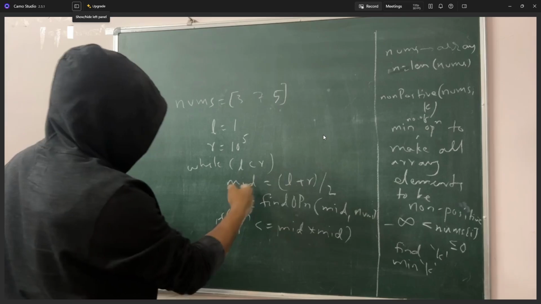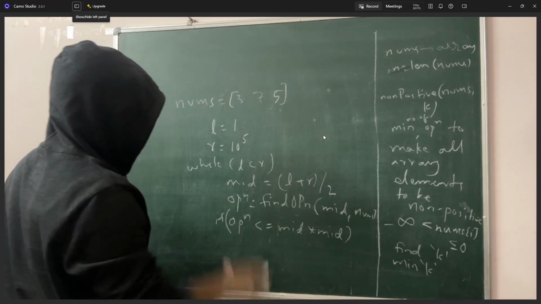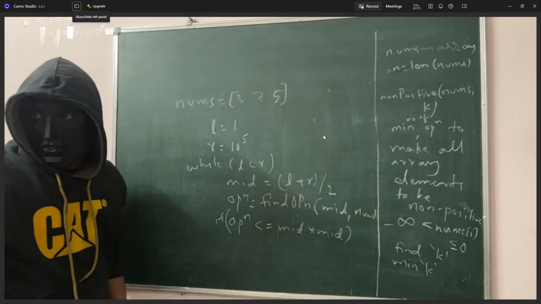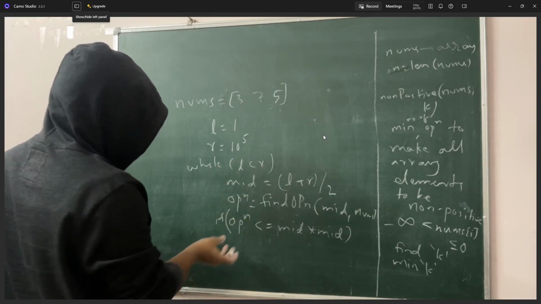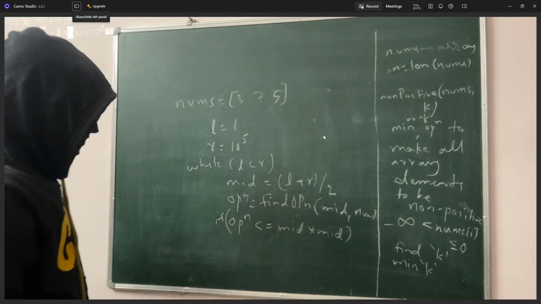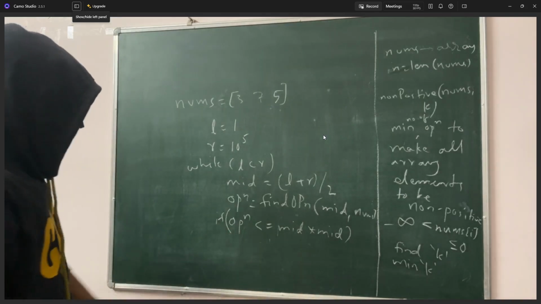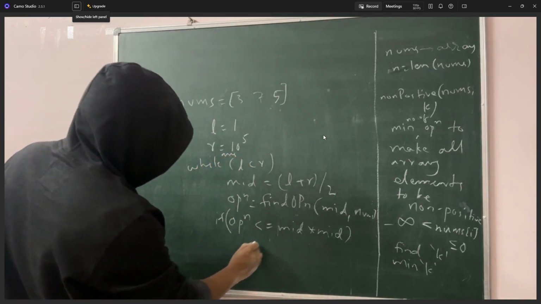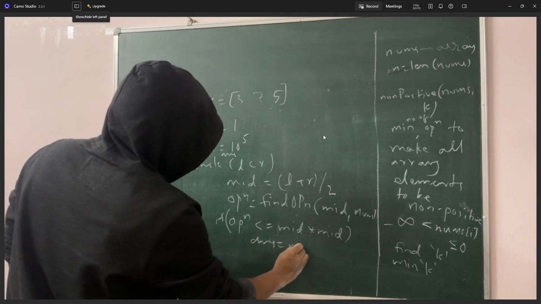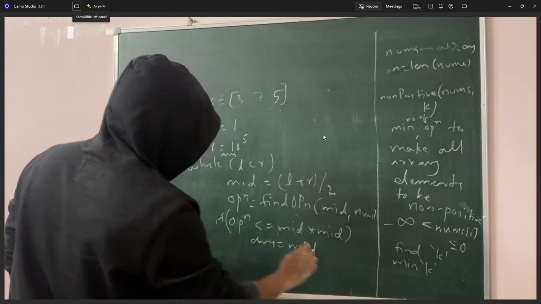Instead of mid you can call this k as well. I'm just going with the flow like how we do in binary search. So if this is the condition, which means it is a valid one, you take one answer variable as well. Initialize nothing. Your answer is going to be this mid. It's like you have got the answer,